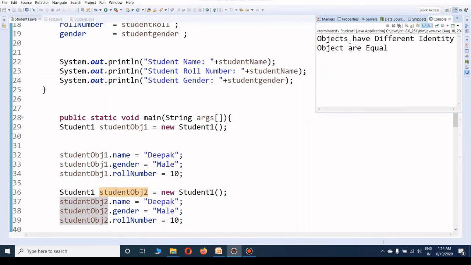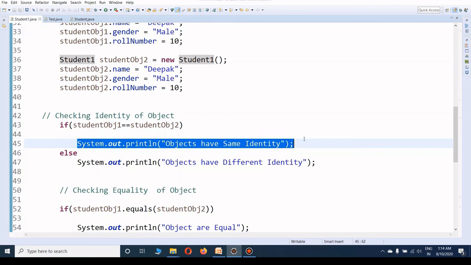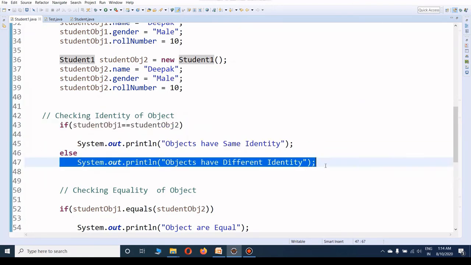You can see that objects have different identity. That means this condition is false, so the cursor goes directly here and shows the result: objects have different identity, because both are referring to different objects in memory. They cannot be identical because they are not referring to the same object. That's why this condition fails.